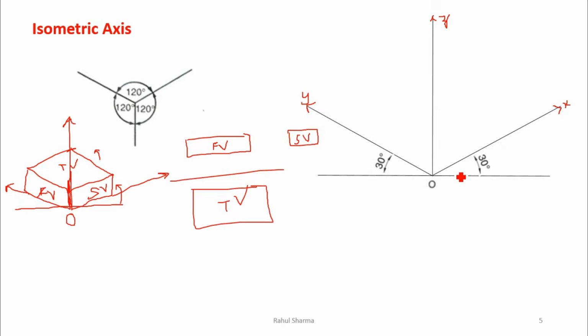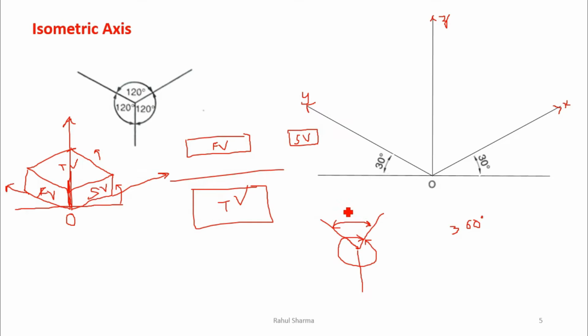Now how do we get 30-30 on both sides? There is a derivation behind that. I'll give you only the central idea of the derivation. When we have an object, the total angle of sight about that object is 360. Now I want to divide the total angle of sight into three views, so that I can see the front view, top view, and side view. For that reason we divide this 360 into three angles, so each angle will be 120.